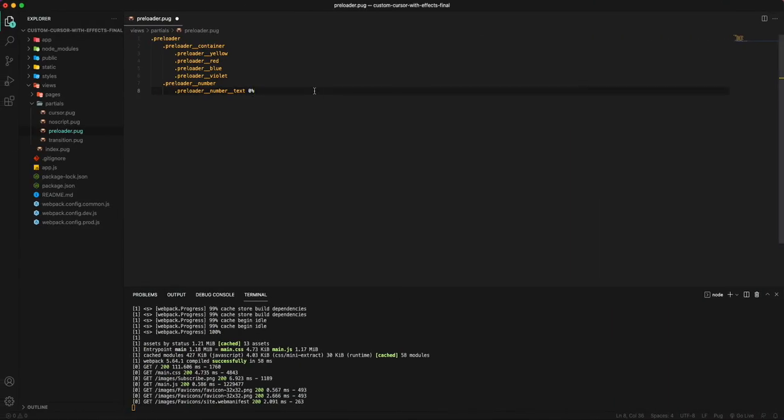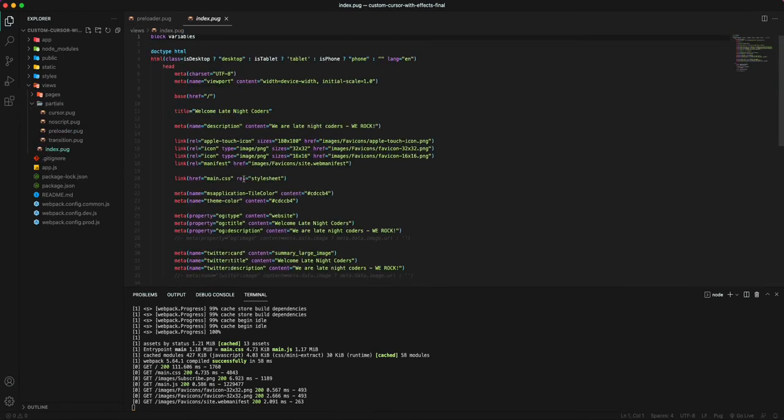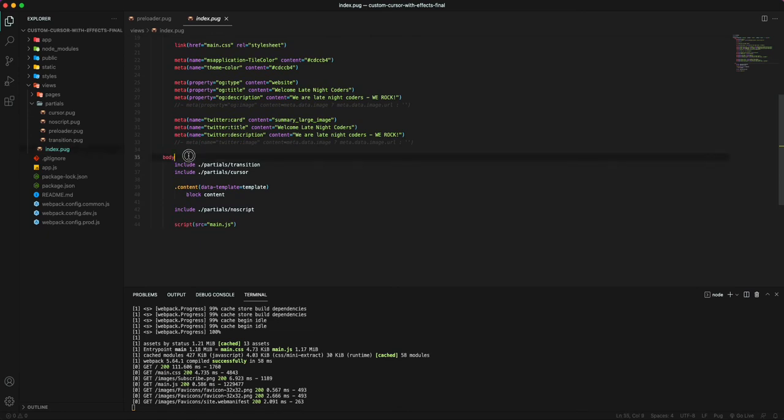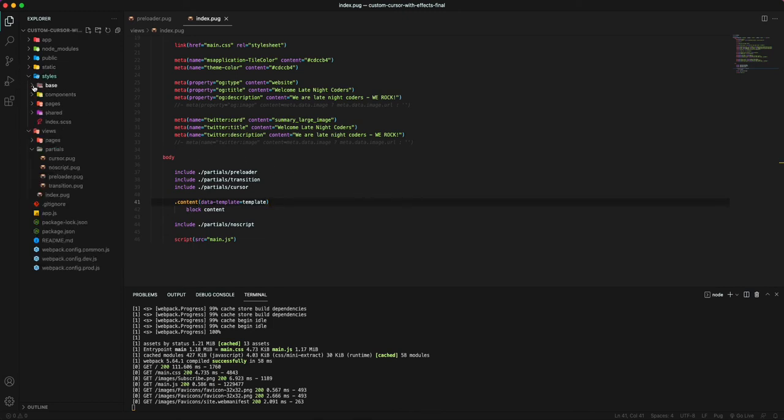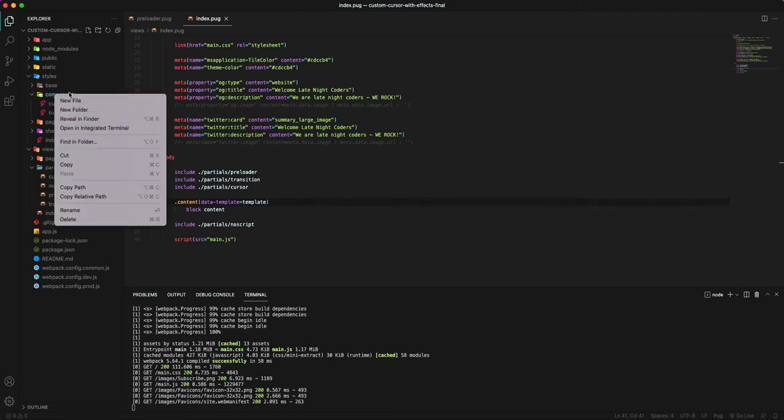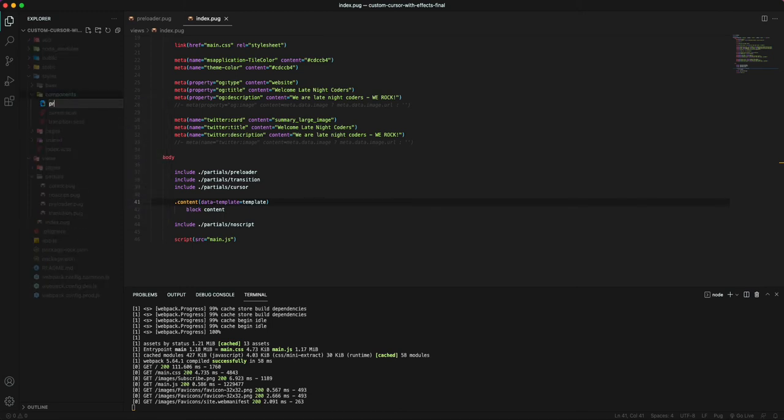So this is gonna be our Pug file, and then we need to add this to our index.pug because we need to make sure that we are including that in our website flow. So it's gonna be partial slash preloader. That's good. The next thing we need to do is to add the CSS or SCSS in our case here. I'm gonna create a new one here,